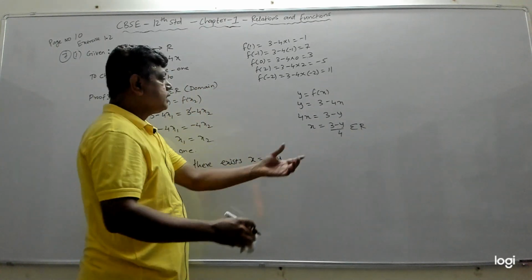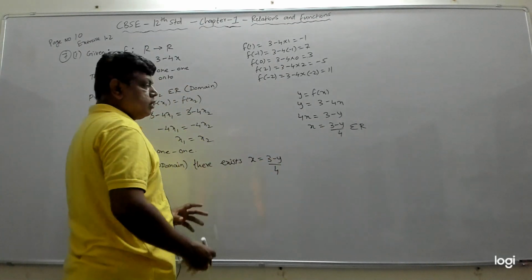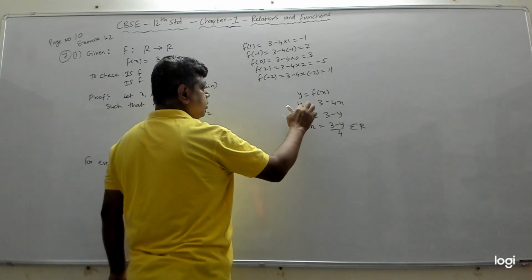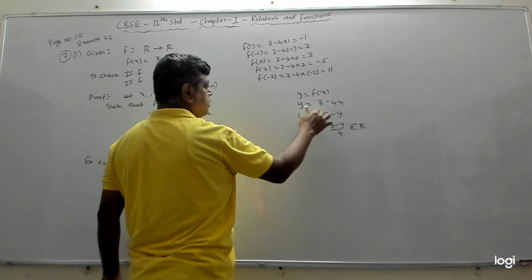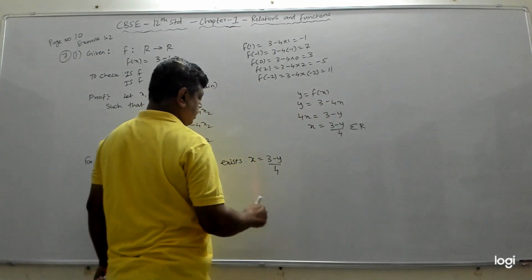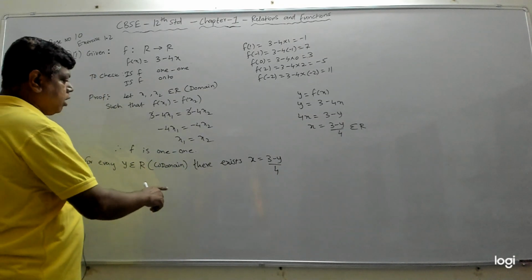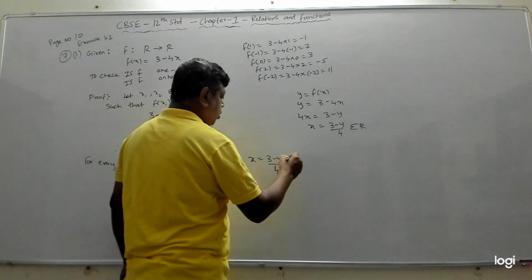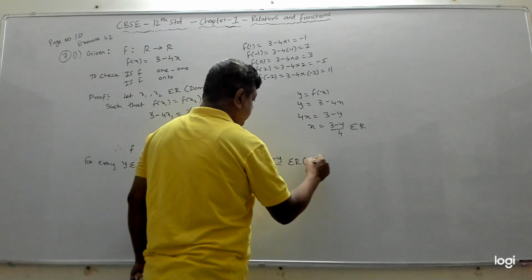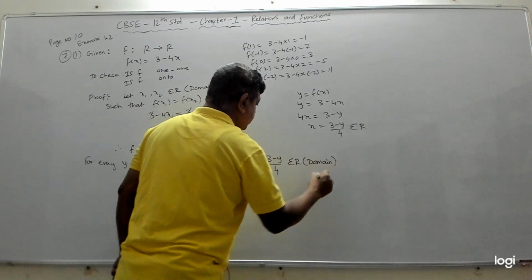If I take my x in this form, this x comes by putting f of x as y and then getting x in terms of y. For every y belonging to R, there exists an x belonging to R, and this R is the domain, such that